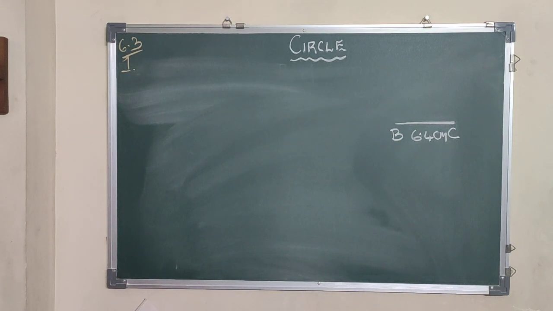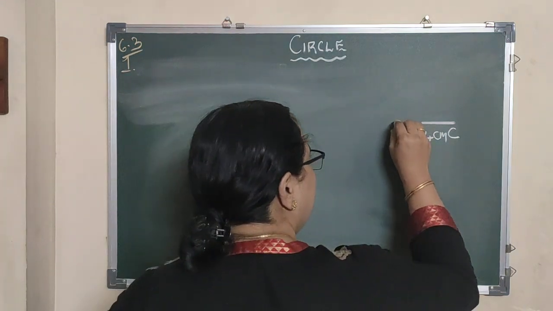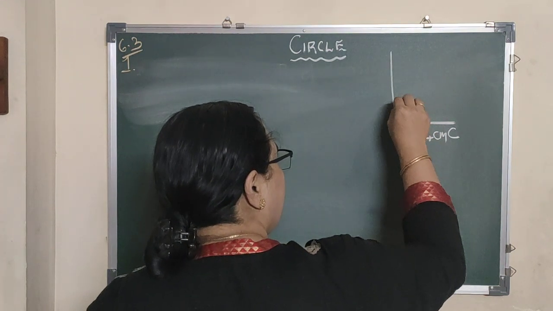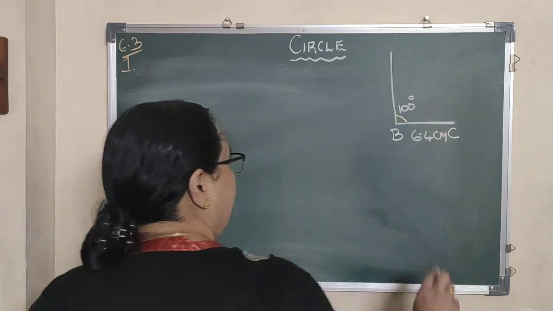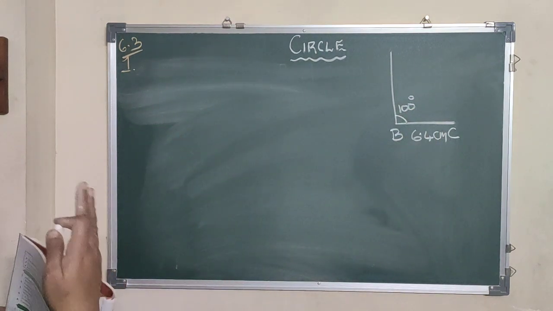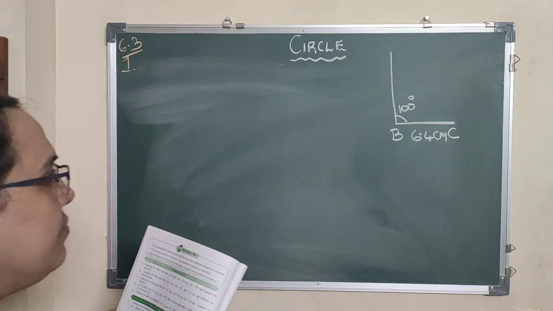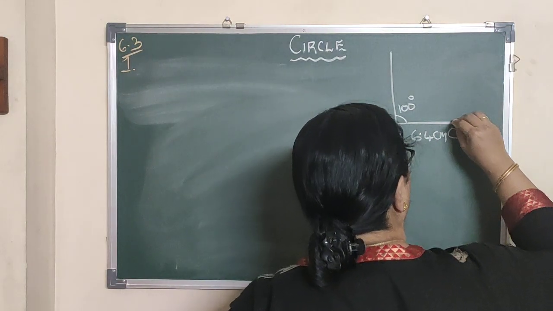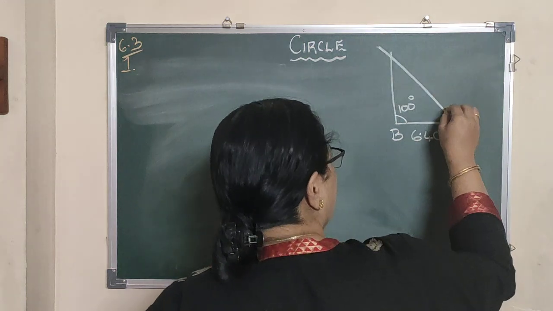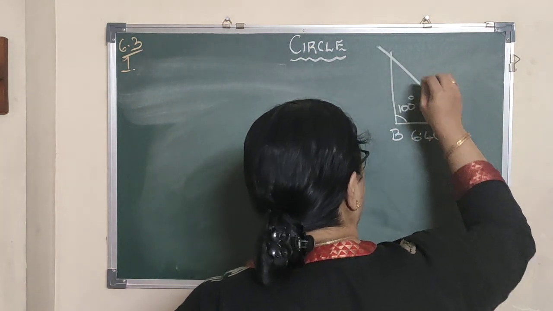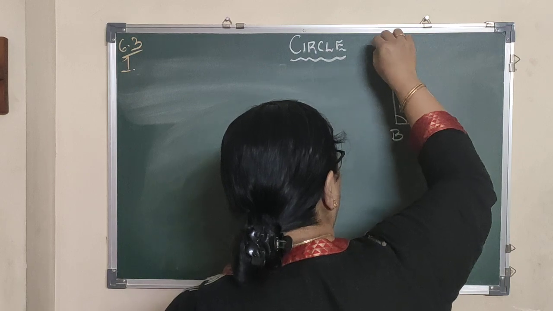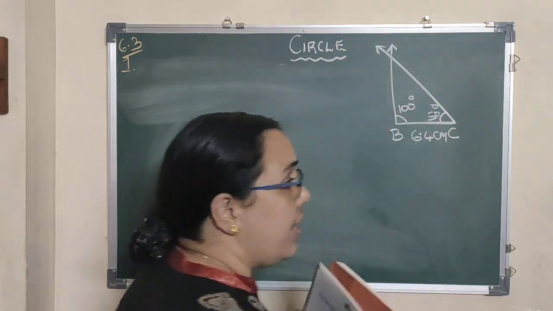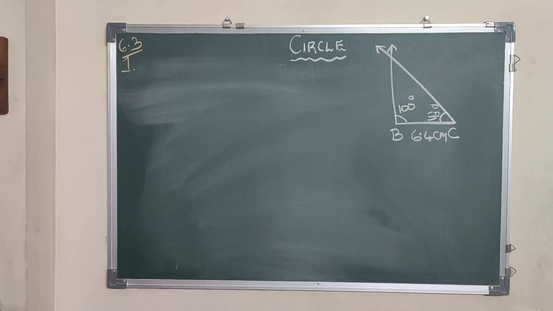BC is 6.4, angle B is 100. A rough figure I am drawing. So I am taking, yeah, it's not 90, a little inclined one. C is 50 degrees, so it is an acute angle here. So what type of triangle is this that we are making? Any guess? One of the angles is greater than 90 degrees. Yes, very good. It is an obtuse angle triangle. And for this obtuse angle triangle, I am going to construct the incircle.